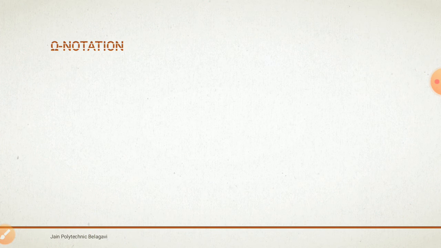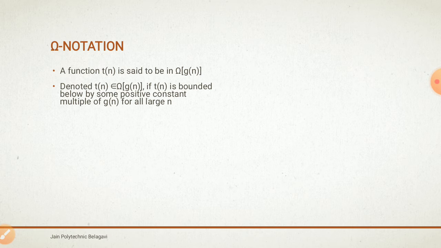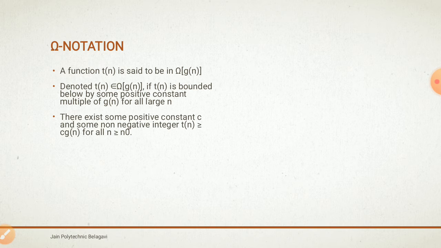Next we have big omega notation. A function t of n is said to be in big omega of g of n, denoted t of n is a subset of big omega of g of n, if t of n is bounded below by some positive constant multiple of g of n for all large n. Then next, for example, if you consider n cube is a subset of big omega of n square,